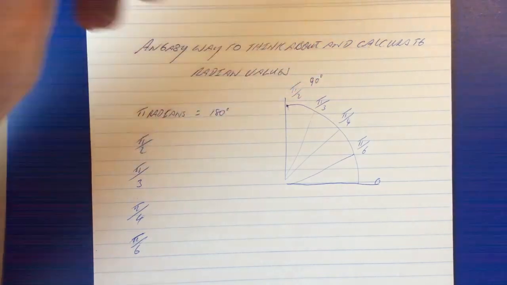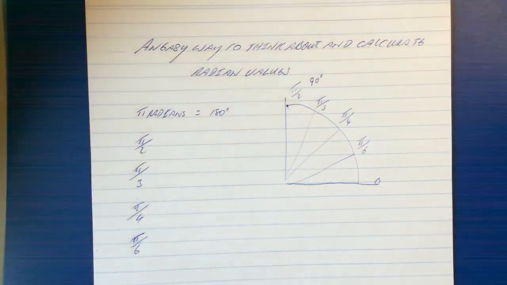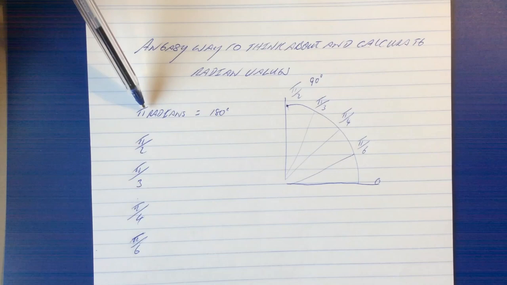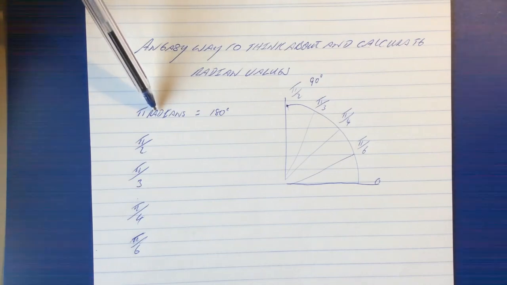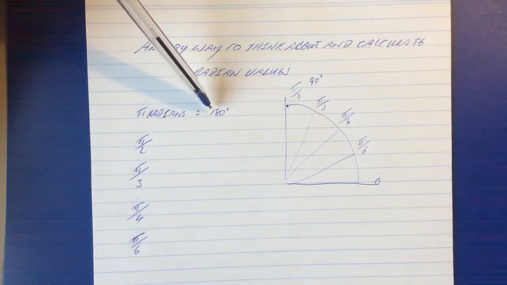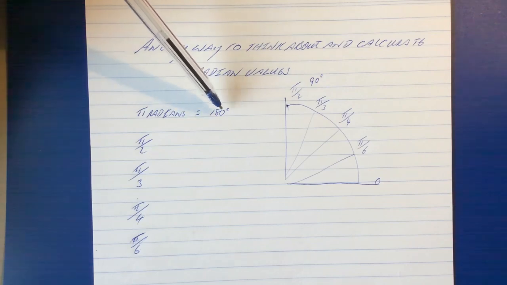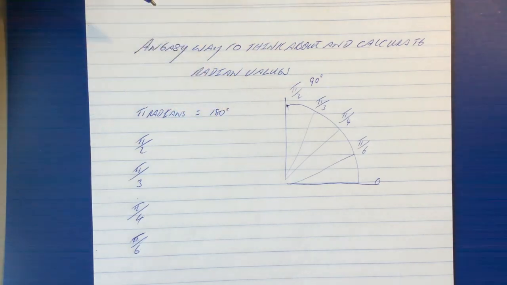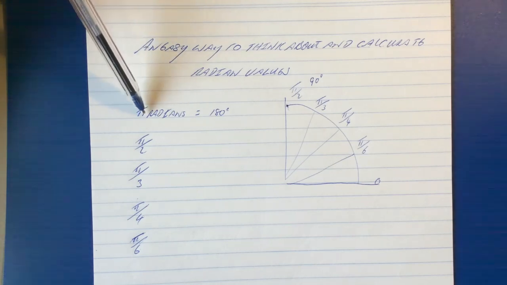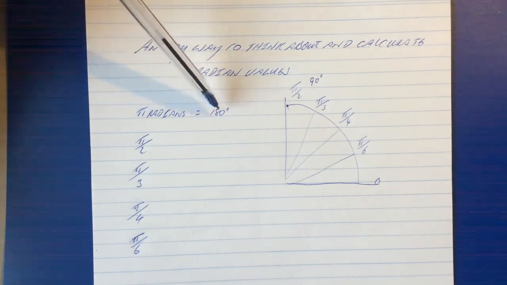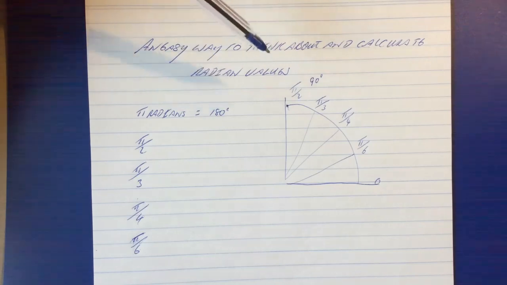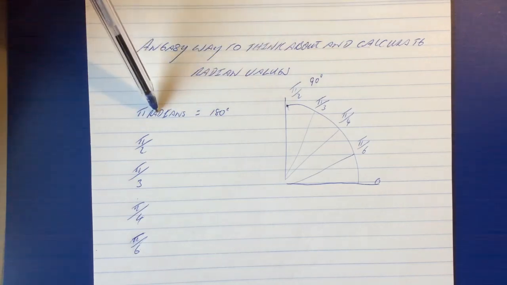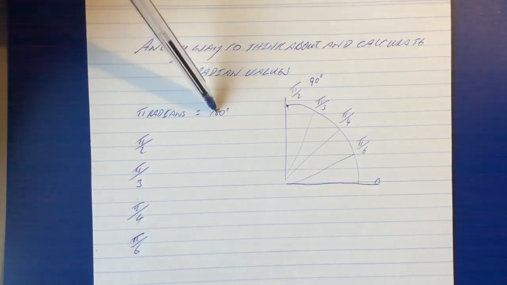That is 90 degrees. Now in a previous video, you'll have seen that I've explained that pi radians equals 180 degrees, and I've explained why. If this is mysterious to you, have a look at that video. If you're fine with this, we'll continue. Okay, so assuming that pi radians is 180 degrees,